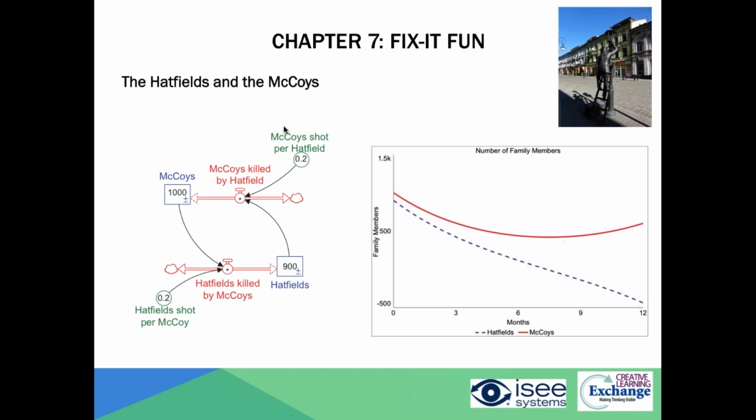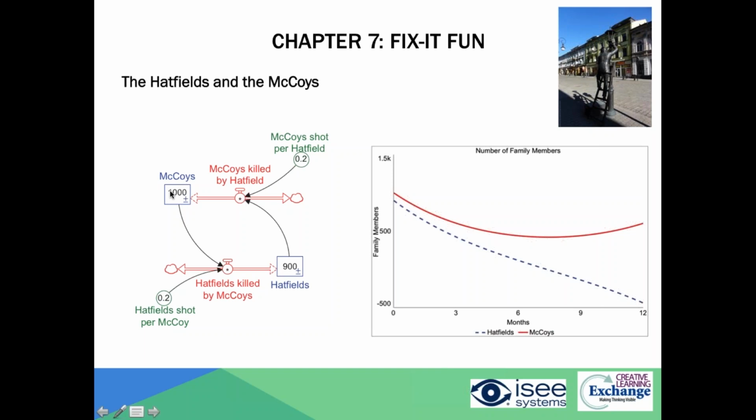So this particular part of this chapter asks the reader to fix the model based on what they've learned up to this point in the first 6 chapters. And there are some hints, and we also have put all the finished models online with the correct units, so the reader can go and check if they get stuck on this. But really, what they need here are 2 additional feedback loops to say, how many McCoys